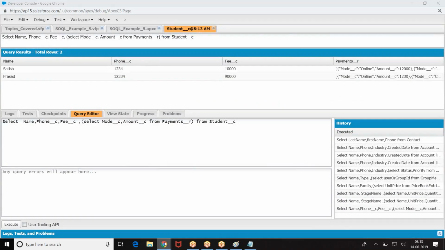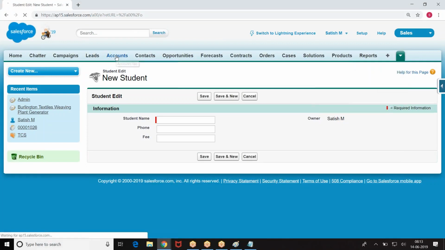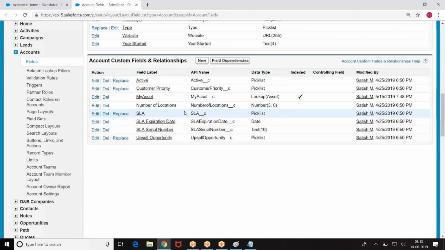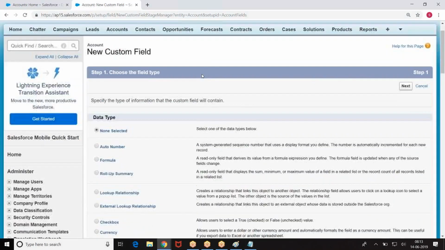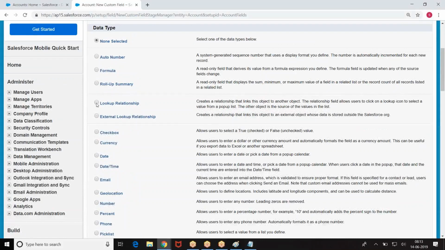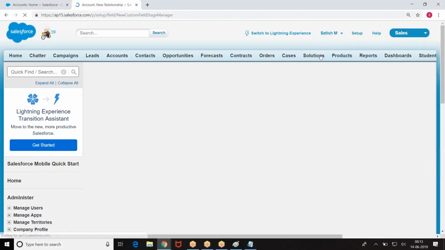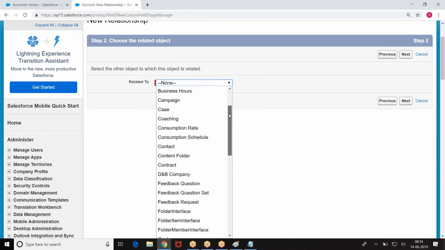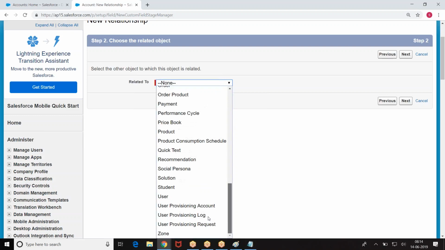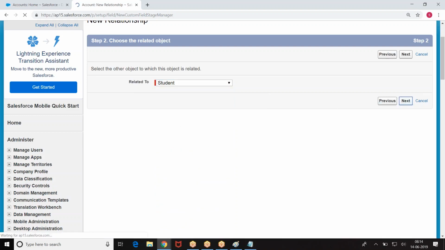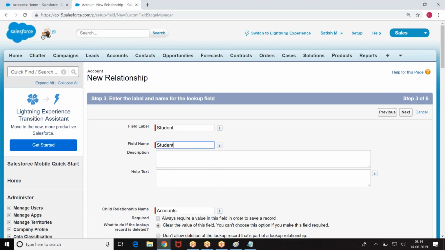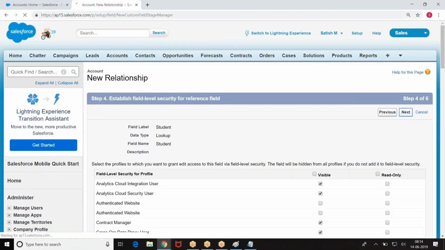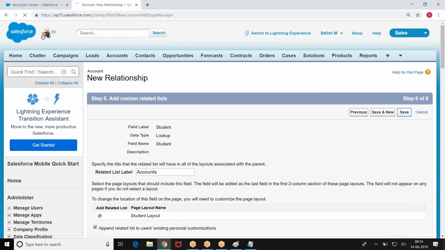Now, let me define the same story here. On the account object, I am creating a relation here, a lookup relation. I'm going to make it student. Who is the parent? Who created the relation?